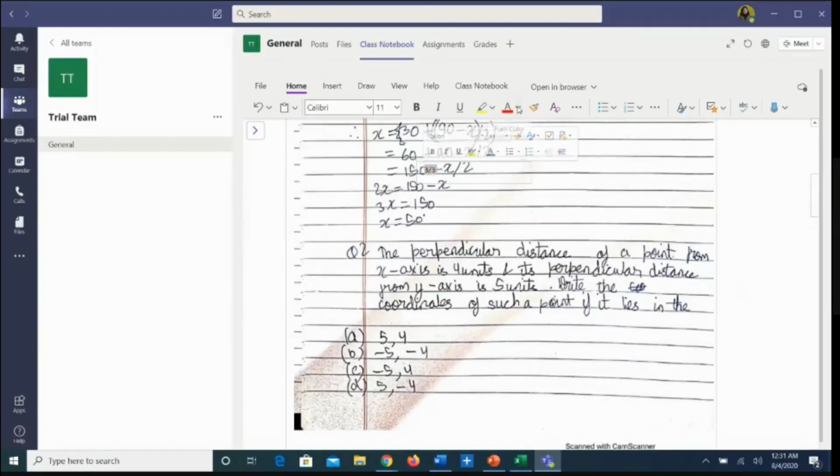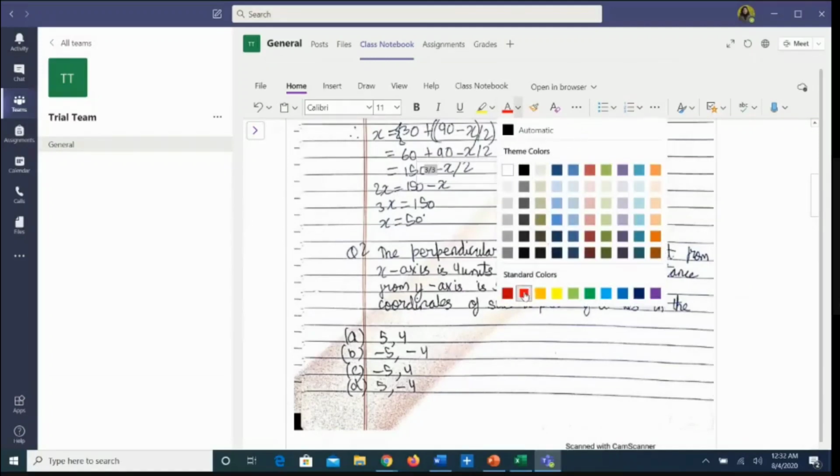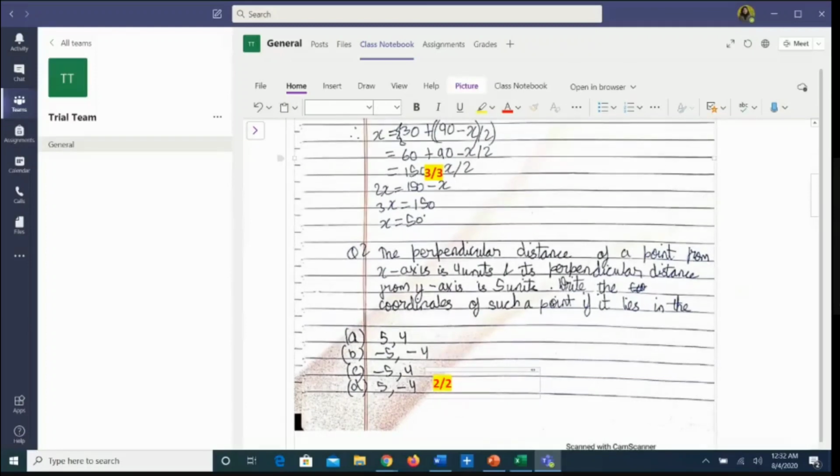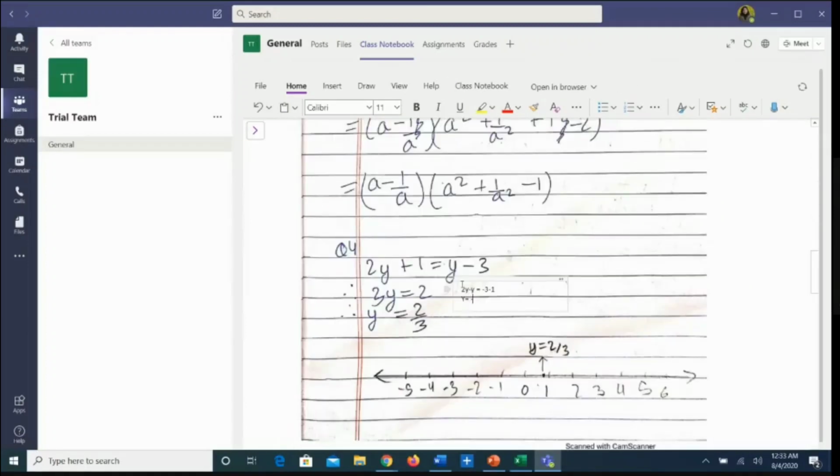I have highlighted the work because the red color is clearly visible. I'll be making it bold also, and I'll be increasing the font size apart from highlighting the work, so that the child is clearly able to see his mistakes and the marks that the child has obtained. So this is how I can check the rest of the sheet also. You can see that this is how I can give the marks: 3 on 3, 2 on 2, and if there's any mistake I can write the correct answer.